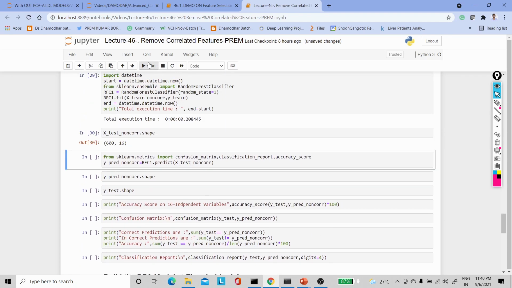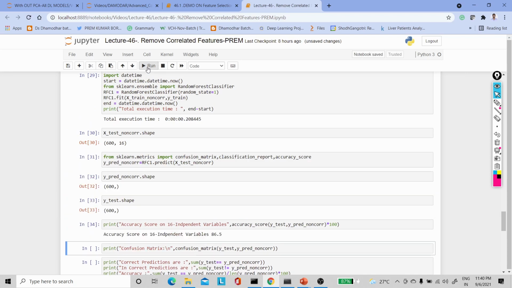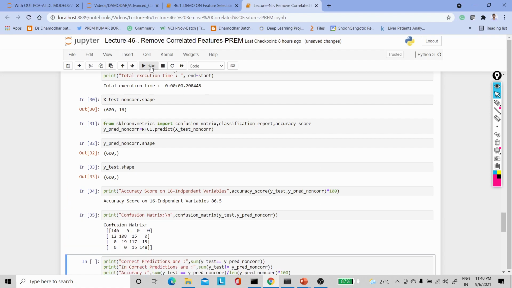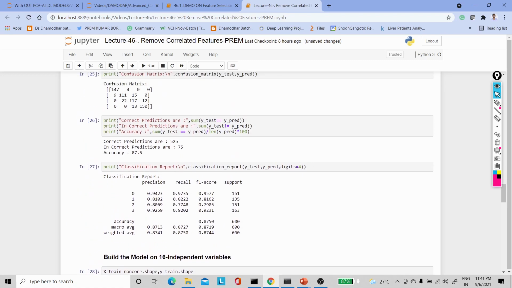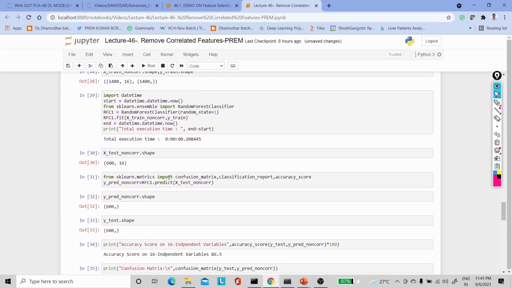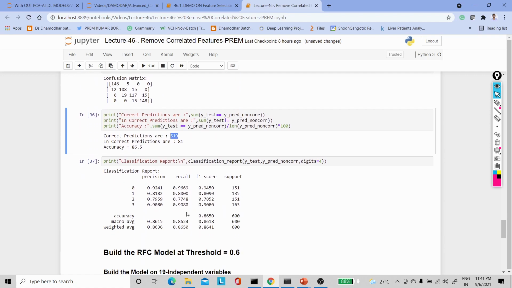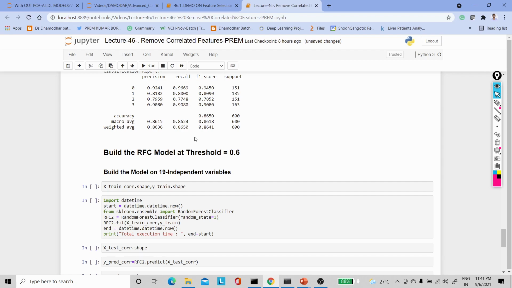This is my X test and this is my accuracy. On the 16 independent variables my accuracy is 86.5, so it is a little bit decreased, but anyhow the time has also decreased. My correct predictions are 519. Before, my correct predictions were 525, and here 519. So this is the way we develop the RFC model on the